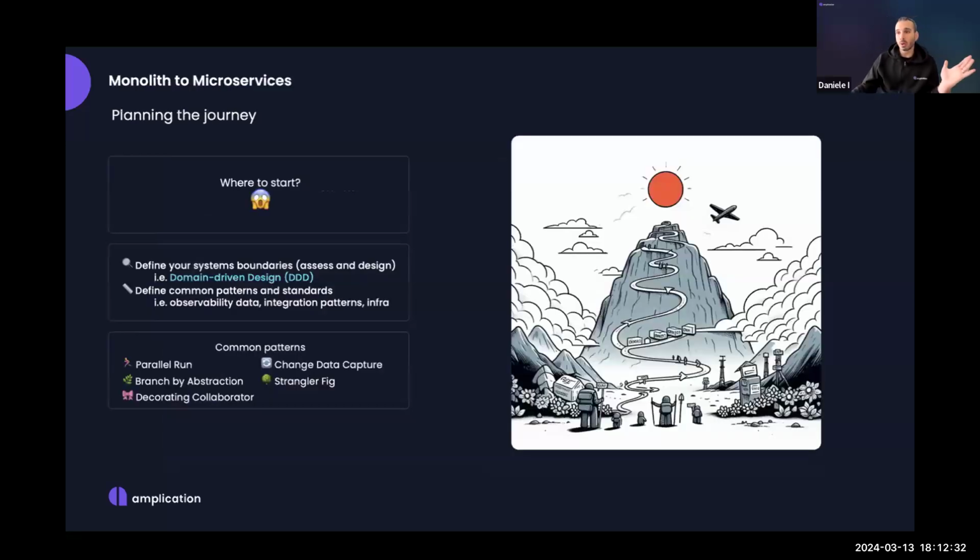But let's say that you already know the benefits and you're ready to go on board with it. Where do you start? Well, migrating from a monolithic architecture to microservices is quite a lot of work, and you always need to take it